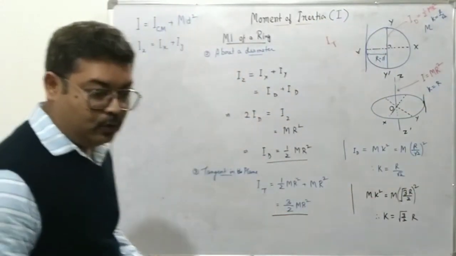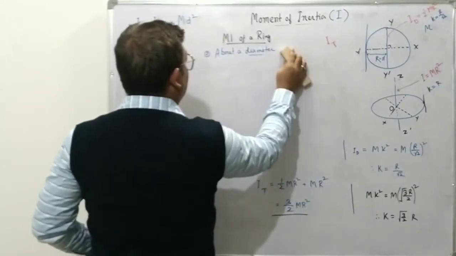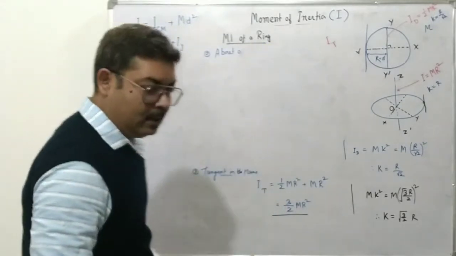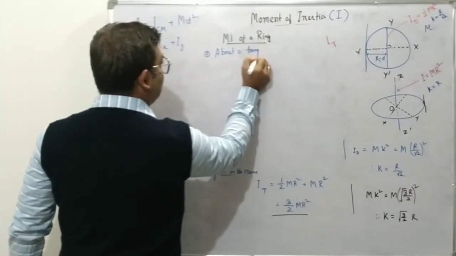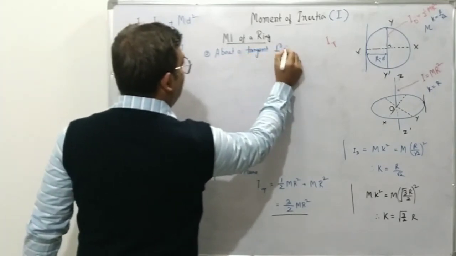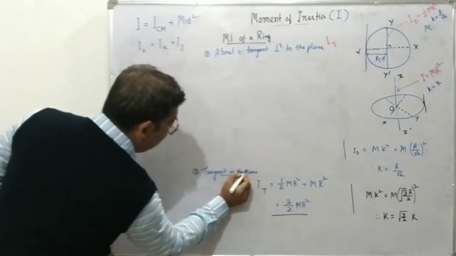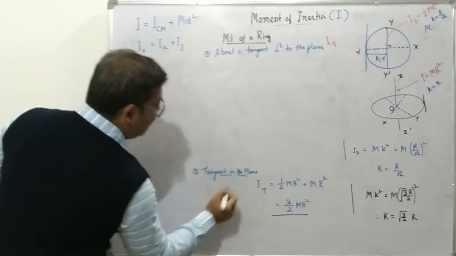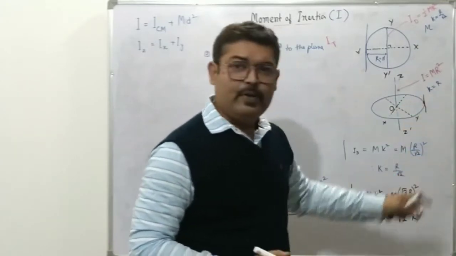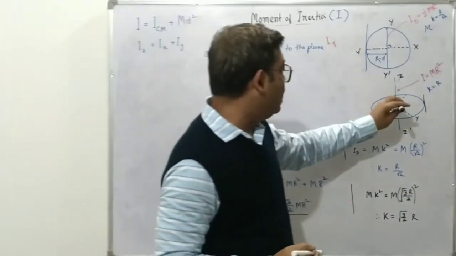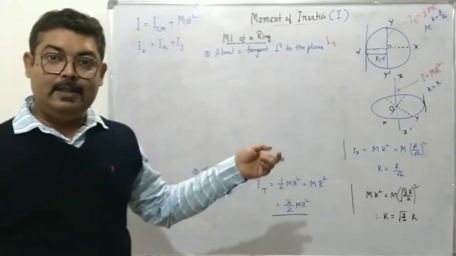So what we are going to do next is find the moment of inertia of a ring about a tangent perpendicular to the plane. Earlier we found the tangent in the plane, lying in the plane. Here also, this tangent which is perpendicular to the plane is actually parallel to the axis that was perpendicular to the plane and passing through the center, and the center of the ring is the center of mass of the ring,